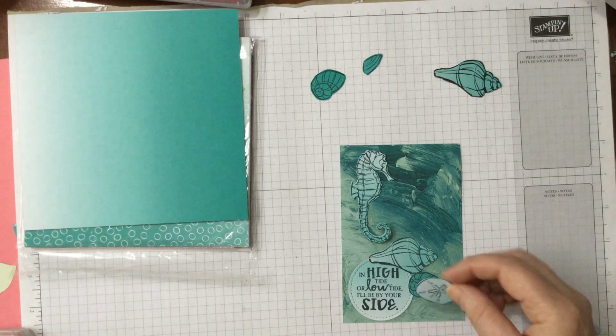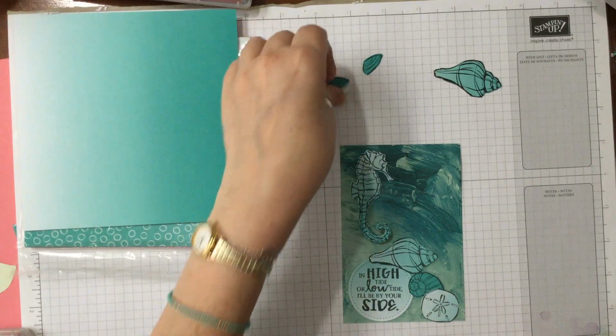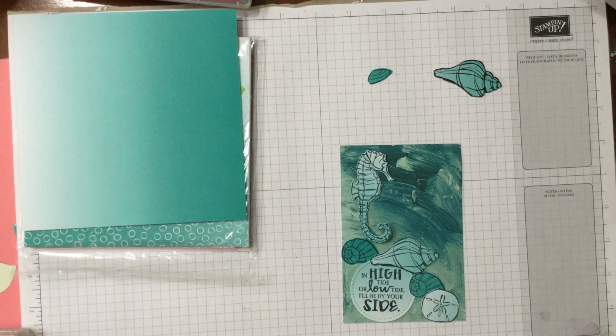I've got this one to come in probably down here. We could have three or so. We're just going to build it up. Maybe have another one in on here, overs and unders, and one underneath. Okay, so I'm going to